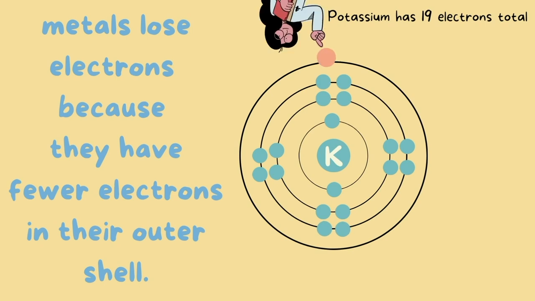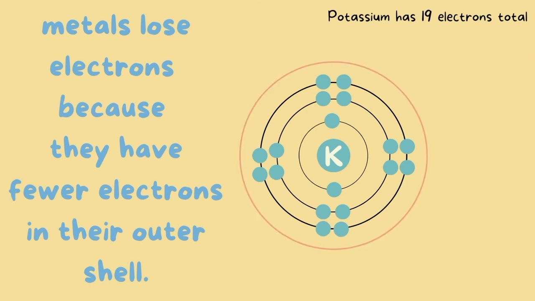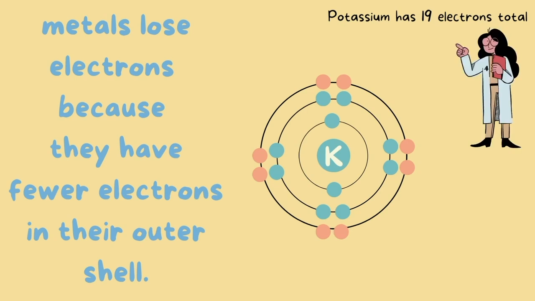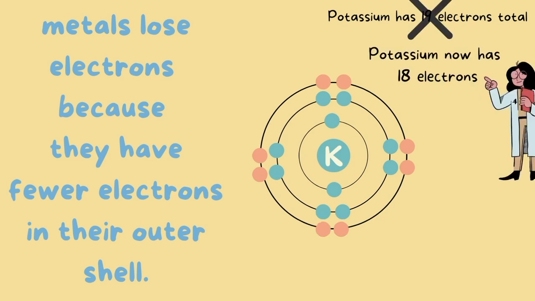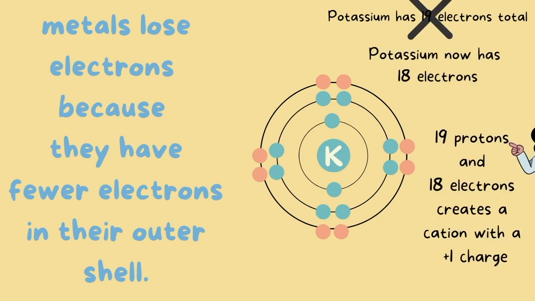So because potassium is a metal, it is going to lose this 1 valence electron. Once that electron is lost, the shell is now empty. Therefore, potassium really doesn't need this shell, and it's basically going to disappear. Once that shell disappears, the shell underneath actually has 8 electrons, and this is now going to be the new valence shell. Because potassium lost 1 electron, that means it has not 19, but 18 total electrons now. So potassium with 19 protons and 18 electrons creates a cation with a +1 charge.